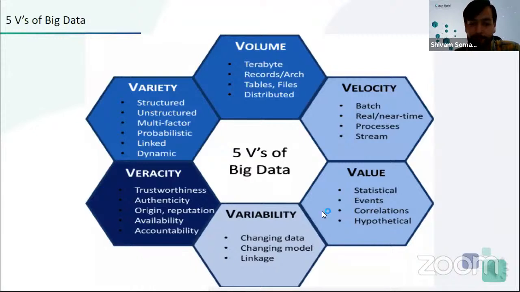It can give you a wrong decision in your business. Then comes variability, and that is basically that the data is changing. Data is not fixed, and it will always be variable. It can be both ways actually. There can be changing data, changing models, and how data is being populated can change.